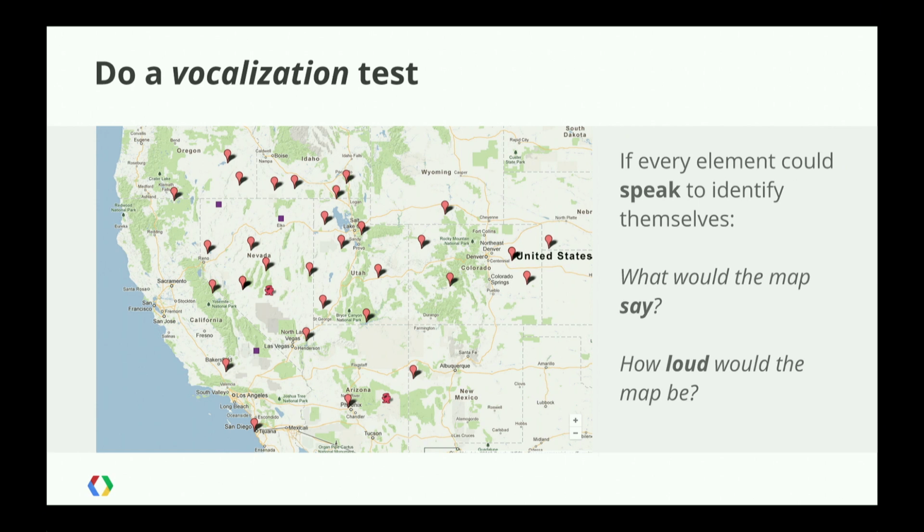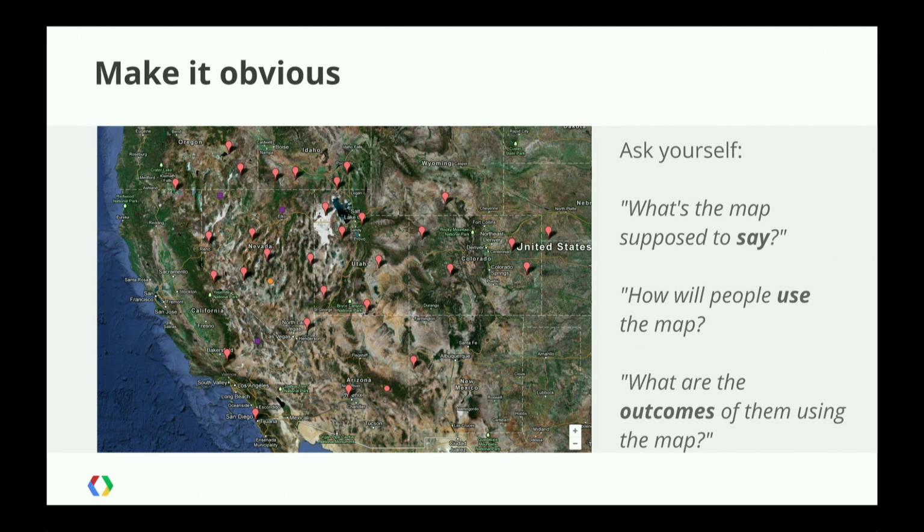So the blur test and the location test are key, and we do this a lot. So make it obvious. What's the map supposed to say? Sightings of Godzilla, Sasquatch, and Bigfoot. But also ask yourself, what are the outcomes of the map? What do you want users to do with this map? If you want users to drive to these sightings,